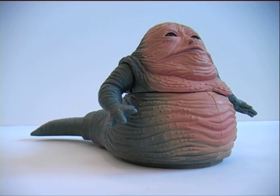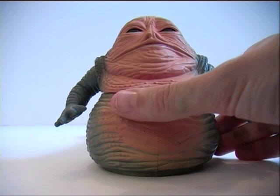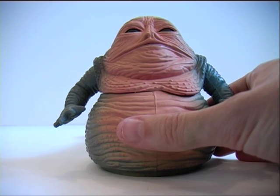And now we flash forward 14 years to 1997 to our second Jabba the Hutt here. This is Jabba as he appeared in the scene which was reinserted into Star Wars A New Hope, the first of the original trilogy. And this is probably the easiest Jabba in terms of price and plentitude to pick up on eBay, largely because, well, I'm not going to lie, he looks like crap. And that's probably no fault of toy makers, the sculptors there. It's just,